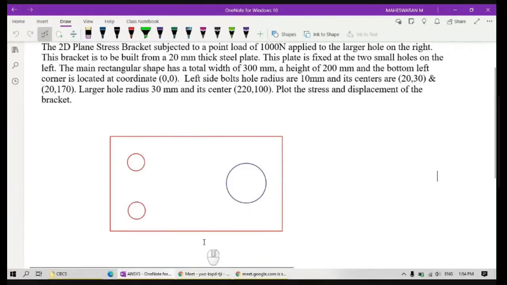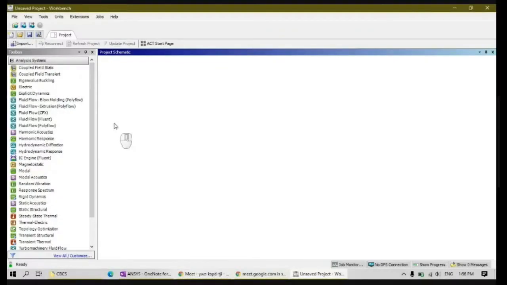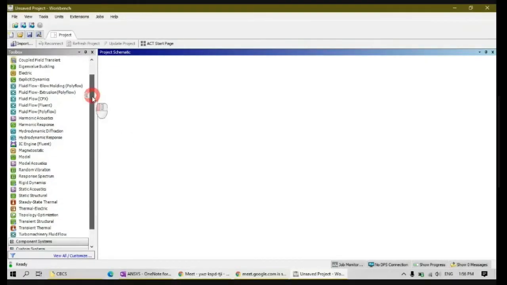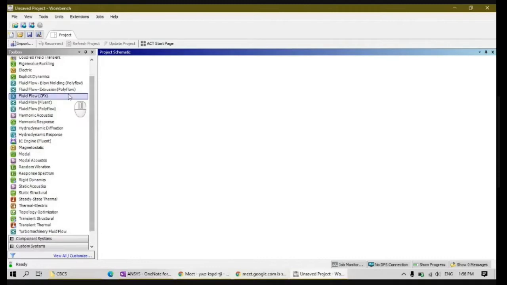This is what we are going to model, right? So we model in ANSYS Workbench, right? Now, previously we discussed design modeler. Now I will discuss SpaceClaim. So now I have this ANSYS Workbench. So first thing is I want to model this as a